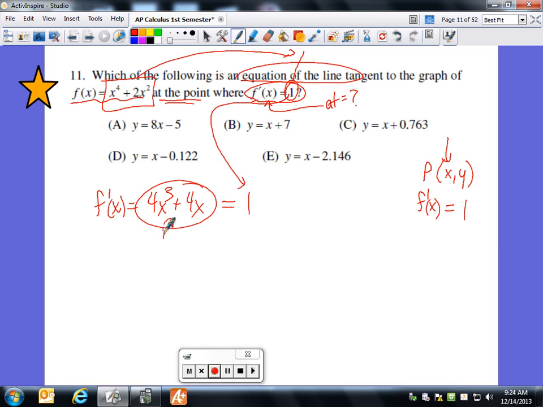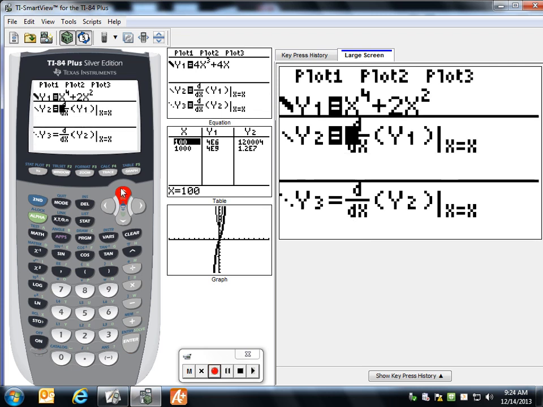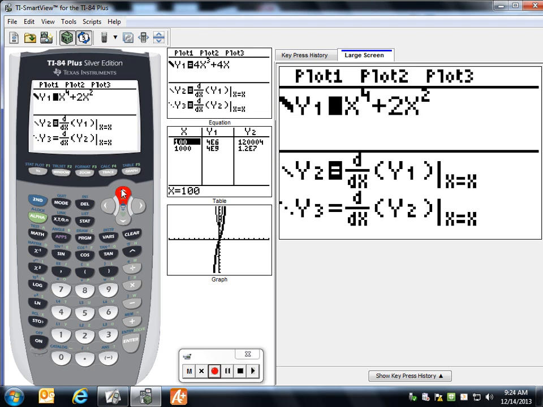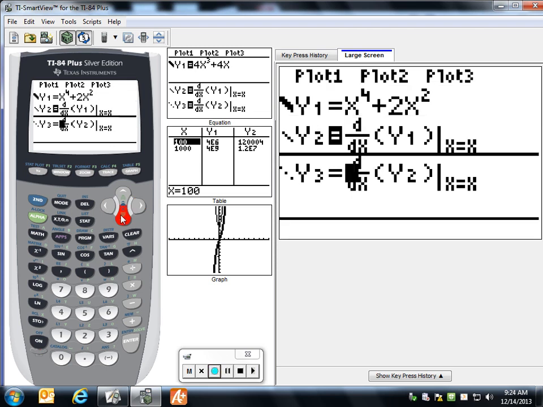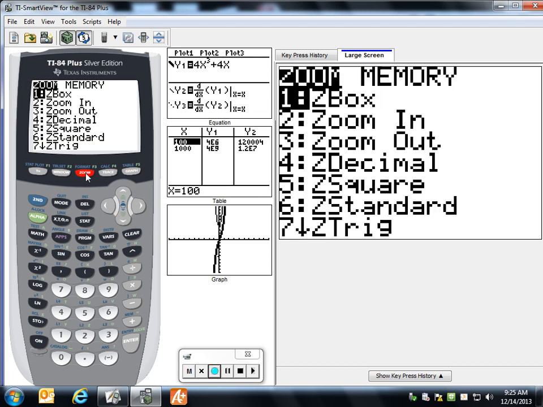Now this function, instead of putting it by hand, I can just make sure that the second graph is on and that it actually graphs. So I don't need the position function to actually graph, I just need it inputted into my y1 so that my y2 can calculate and it can graph. Okay, so there's many ways to do this. I'm just trying to show you different variations as far as how you can use this calculator. Alright, so y is equal to 1 will now graph, so only y2 and y4 will graph. So when I go zoom 6,